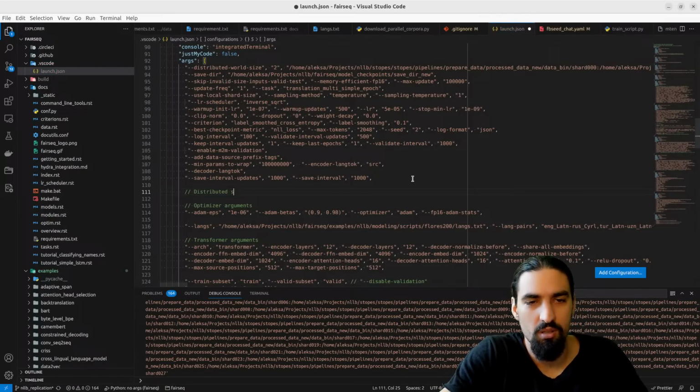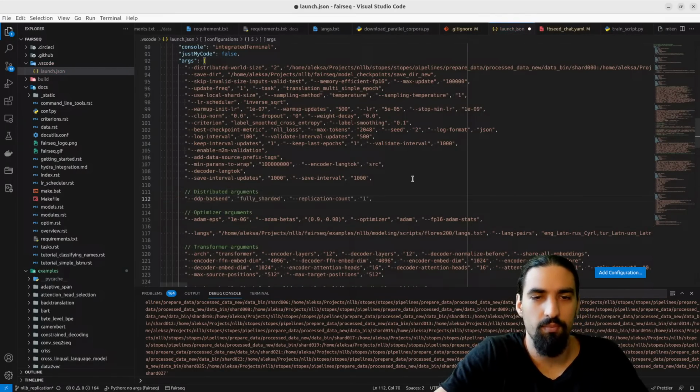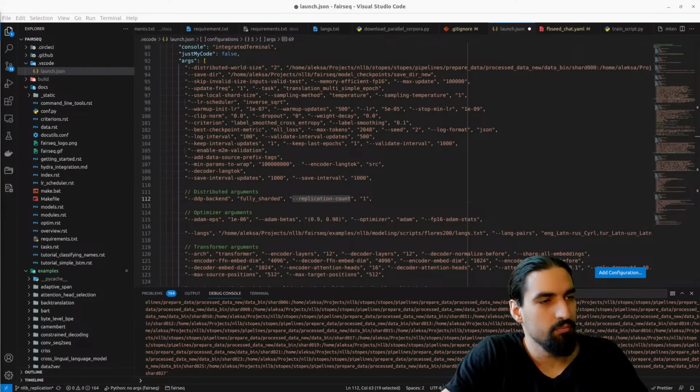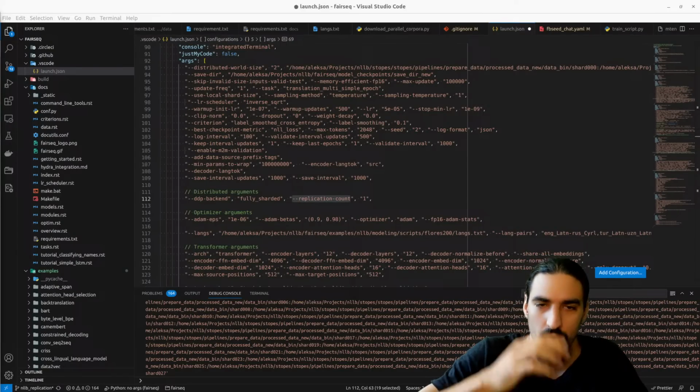Distributed arguments. What's replication count 1? Replication count. What is that?